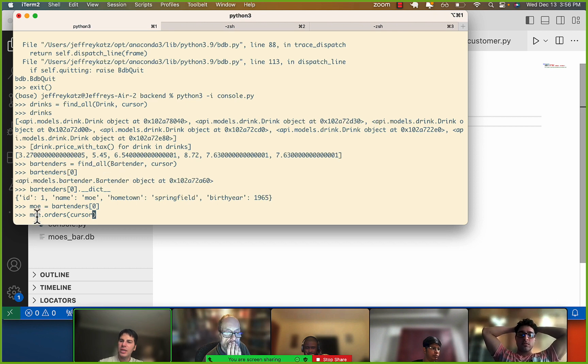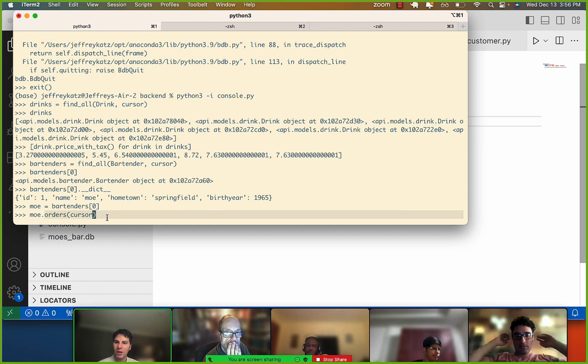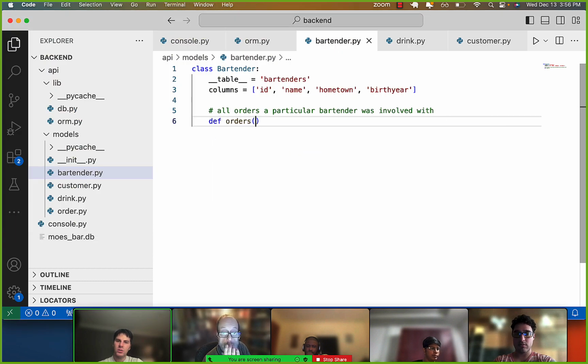So this is an instance method, right? It's returning a collection of orders, but who are you asking the question of? We're asking the question of Mo: Mo, tell me all of your orders. This is not generic to all bartenders, right? The answer is particular to this bartender. So this would be an instance method we're writing, and it would be def orders, and we're going to need